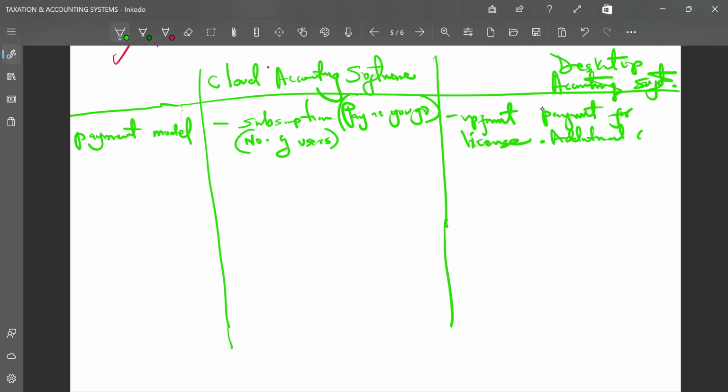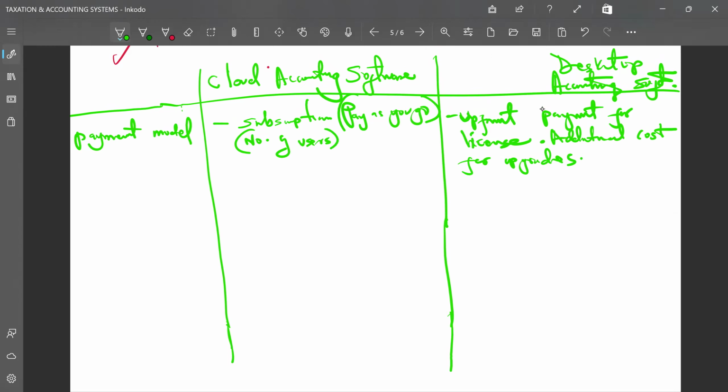They may charge additional cost in case they want to do any upgrades. For example, if you want the system to be reconfigured to accommodate more users or something like that, you will have to call them. They will come and do the manual updates, and that might attract some other charges. But for cloud-based accounting software, you subscribe according to your need, according to the number of users that you need, or functionalities and things like that.